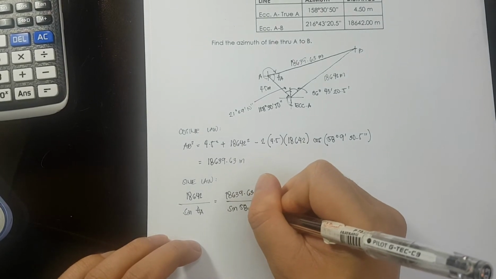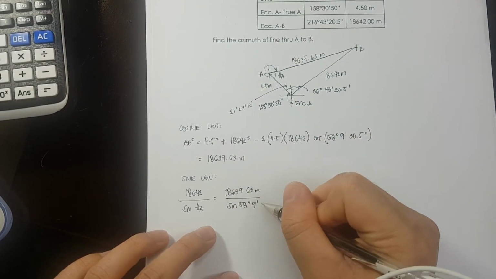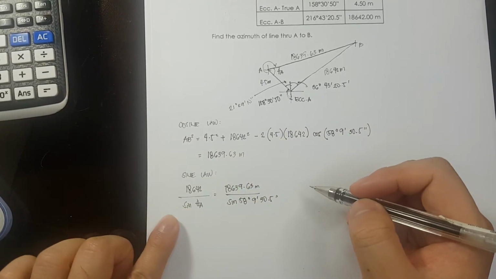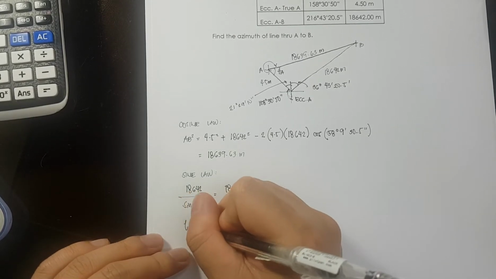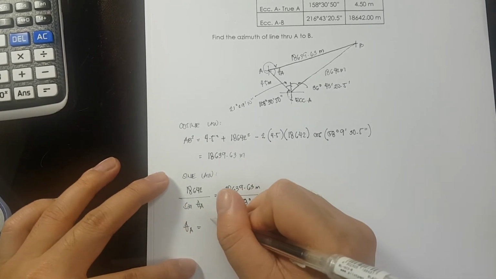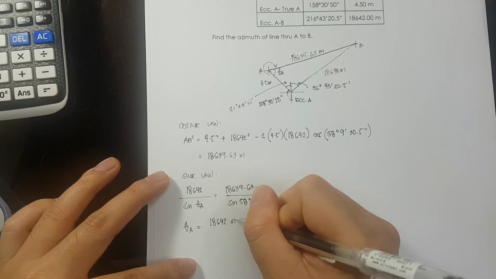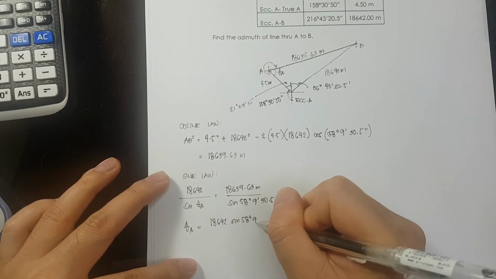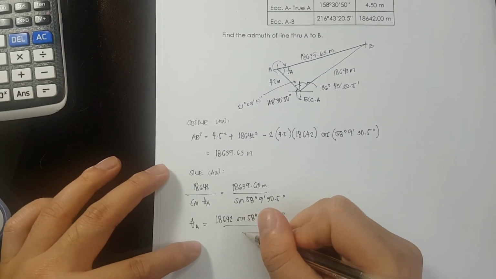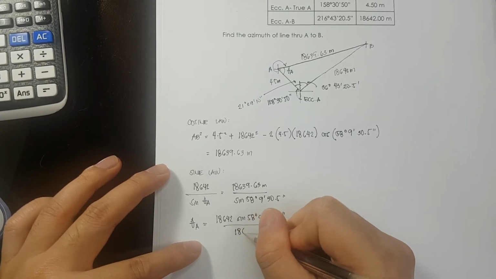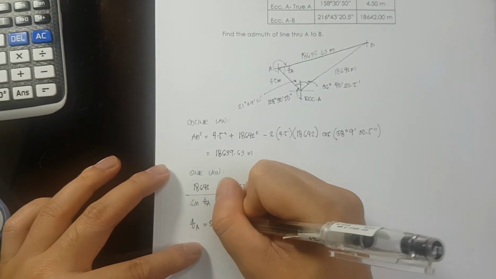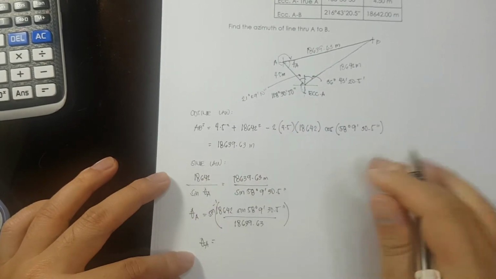So sine 58 degrees, 9 minutes, 30.5 seconds. So cross multiply, we will be having theta, cross multiply, we will be having 18,642 sine 58 degrees, 9 minutes, 30.5 seconds divided by 18,639.63, shift arc sine. Okay, so theta A is equivalent to